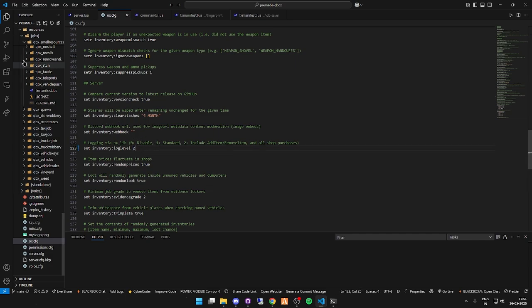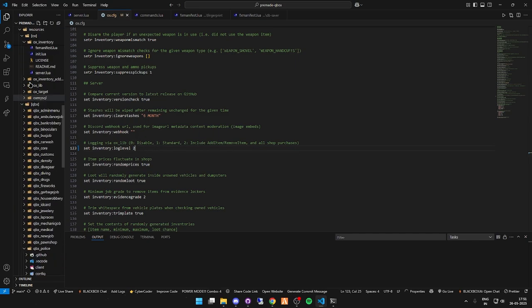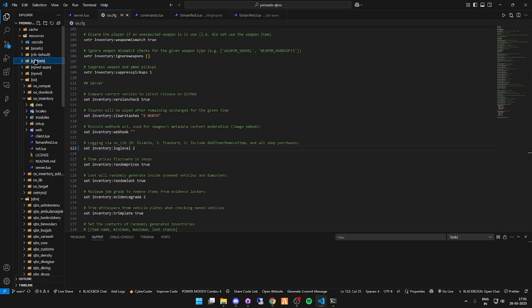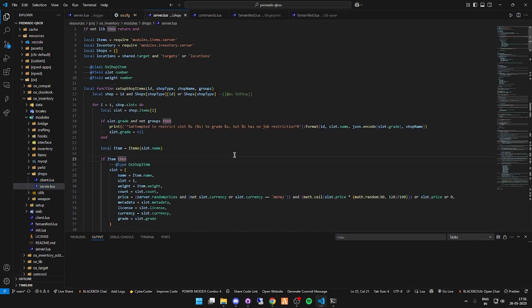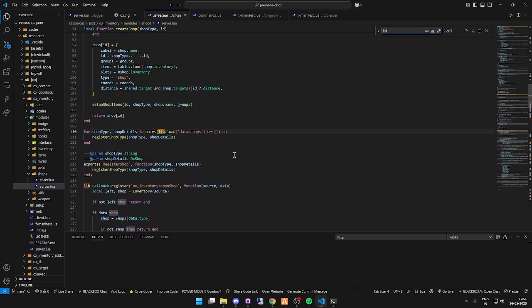So what you can do is just go to your OX inventory, modules, shops, server Lua. What you have to do is search for library.logger,